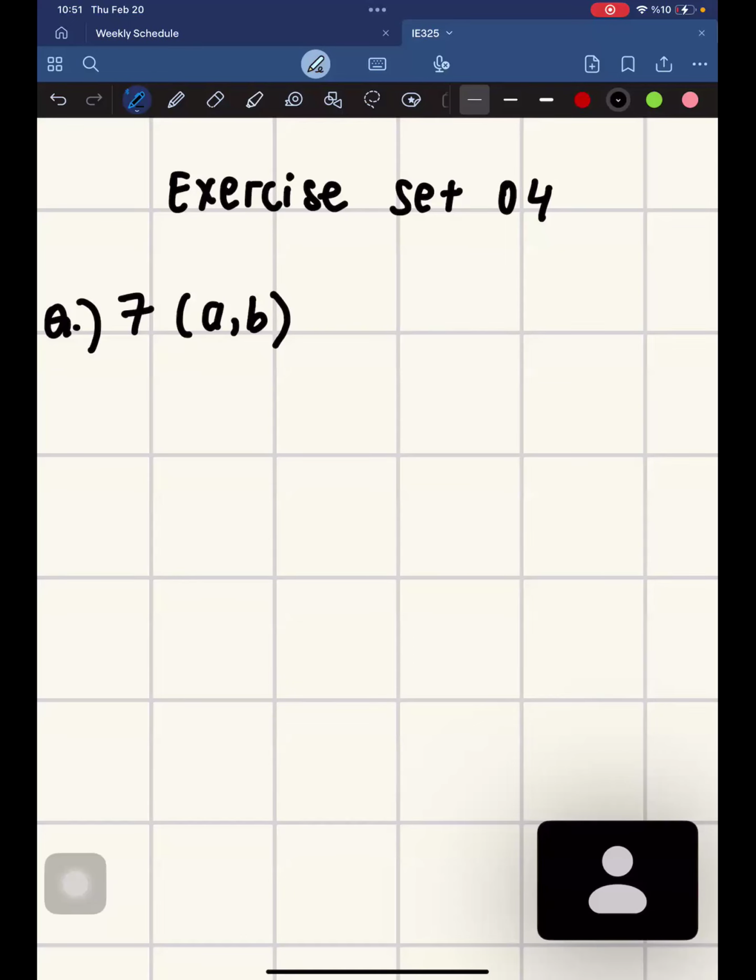Okay, now we're on question 7, sub-questions A and B, in exercise set 4. So let's look at this question 7. Now it is a chi-square test question. As I said before in the videos and